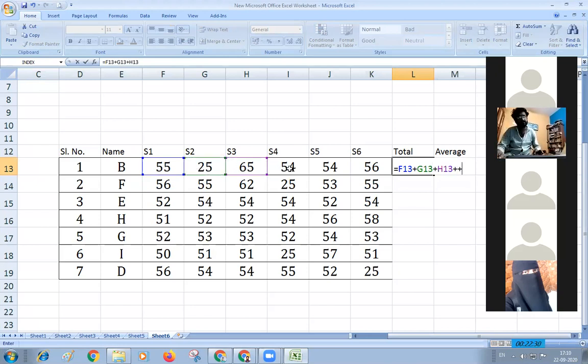Selecting the ranges, you can go for selecting the ranges of your own by inserting the plus column. Directly by inserting the plus column, you can also give the enter button.